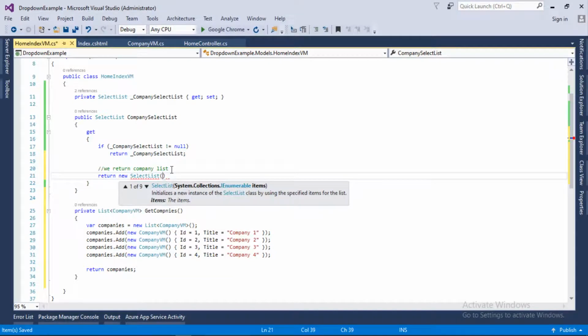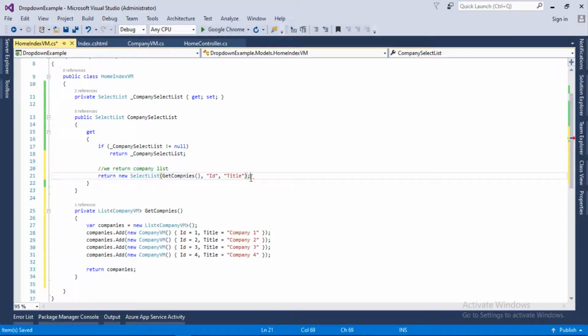and the first item we will pass is the company list, so it will be provided by the GetCompanies method. And the second item we need to pass is the value field, and the third one will be the display text field.